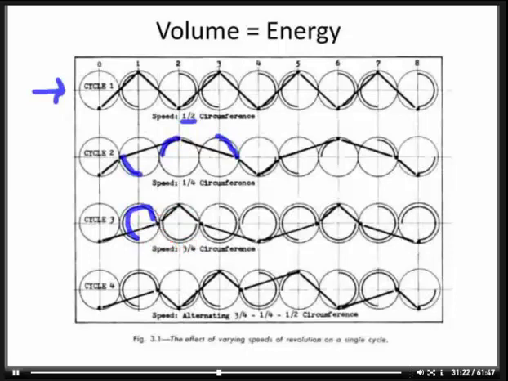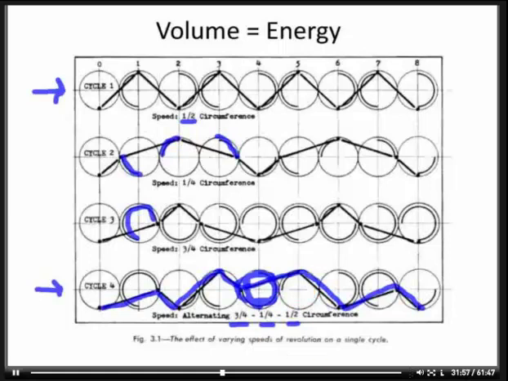This is a little more energy, a little more volume, speeding up. This gives us a more aggressive waveform. And the bottom one is most like how the markets really work, where you have this alternating energy. You might have 3/4 of a turn, 1/4 of a turn, 1/2 of the turn of the circumference, and you're going to see this more jagged waveform, typically likened to how the markets really move, where it's not quite symmetrical, but it still keeps the constant of this cyclical measurement within how it's rotating.